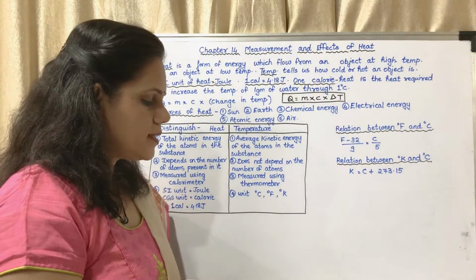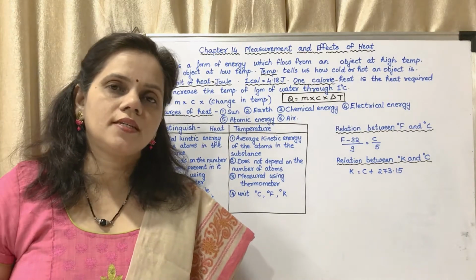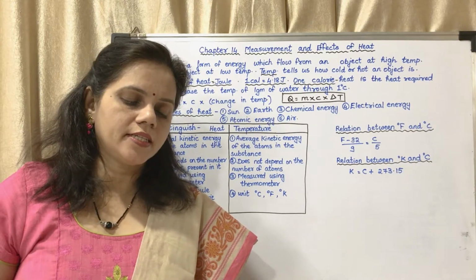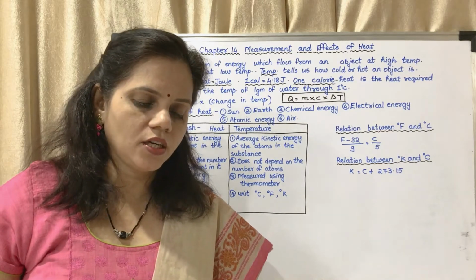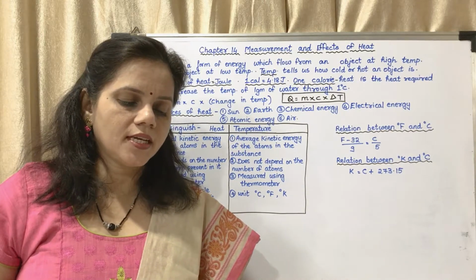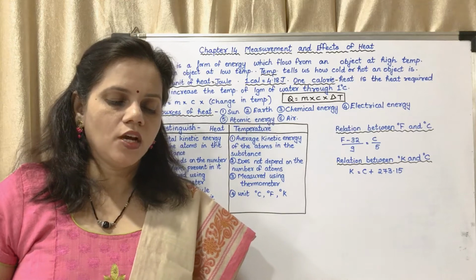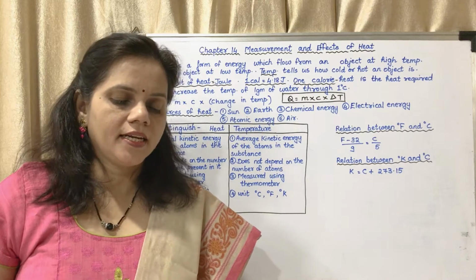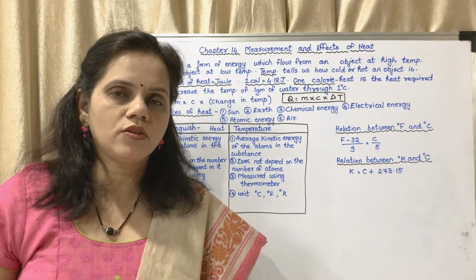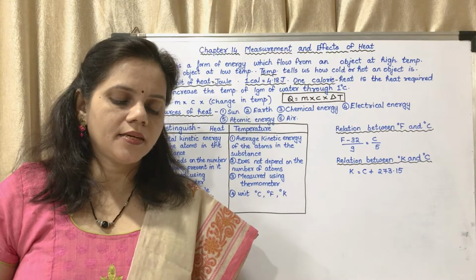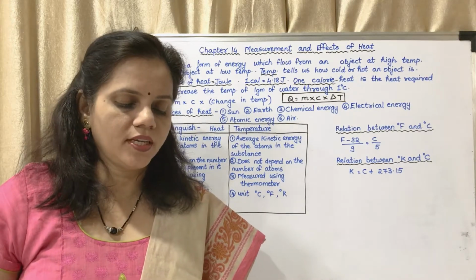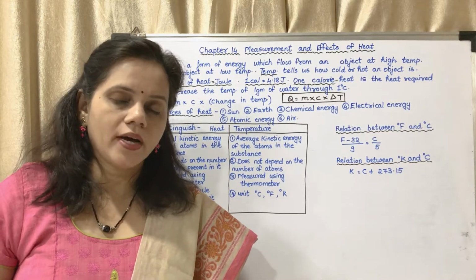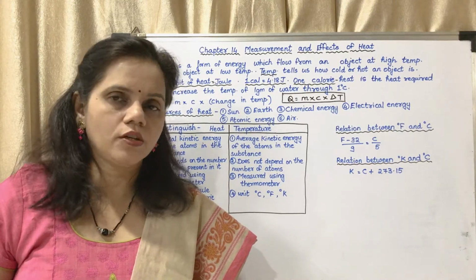There are two numericals given, solved examples. We will discuss the first one. How much heat will be needed to raise the temperature of 1.5 kg of water from 15 degrees Celsius to 45 degrees Celsius? Okay, they have given the mass of water as 1.5 kg. It has been converted into 1500 gram. Change in temperature is 45 minus 15, that is 30 degrees Celsius. And so here it is the heat required to raise the temperature from 15 to 45.